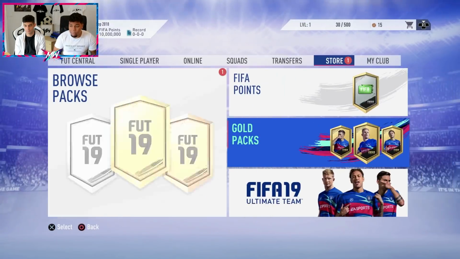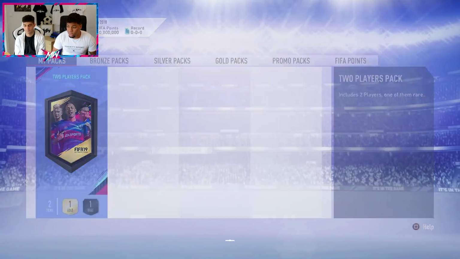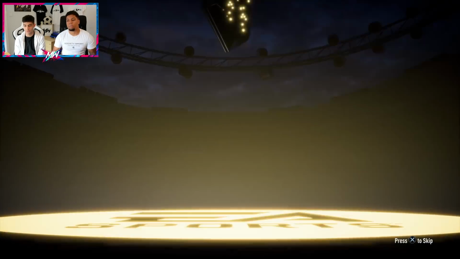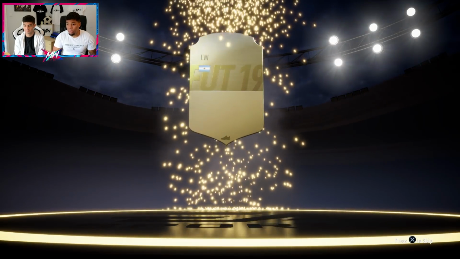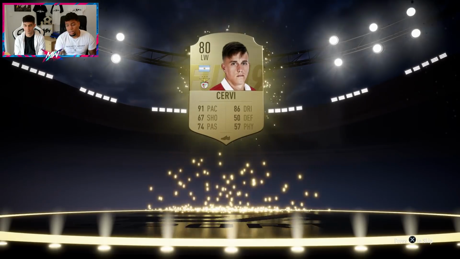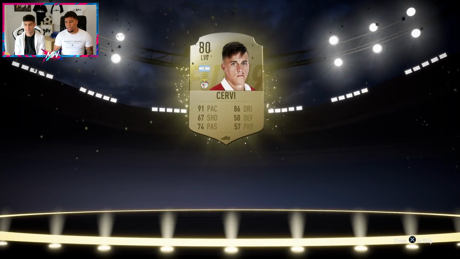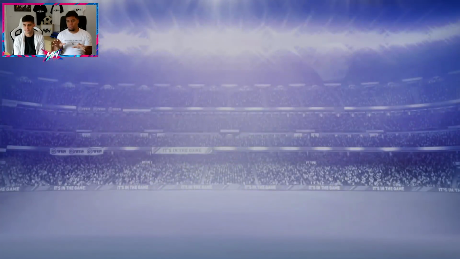You can get any player you possibly want, and again we've got a 2-player pack to open as well, which these guys gave out last year. Yeah, if you know, you know. In this situation it didn't give out massively, but we've got left wing, and that is Servi, 91 pace, 86 dribbling, super sub. You can use him in any way, shape or form. All of these players in this we have got for putting in